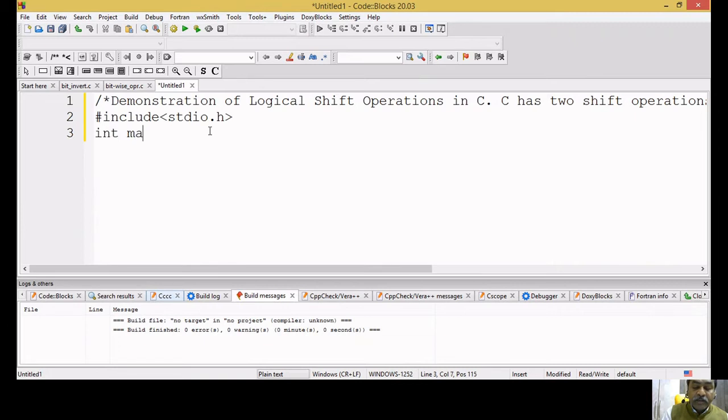Next, int main, and then the curly brace starts. int x, or our popular name num1, and then another variable num2, which will store the result, and then another variable, shift. How many shifts we'll take from the keyboard and see the answer, right?